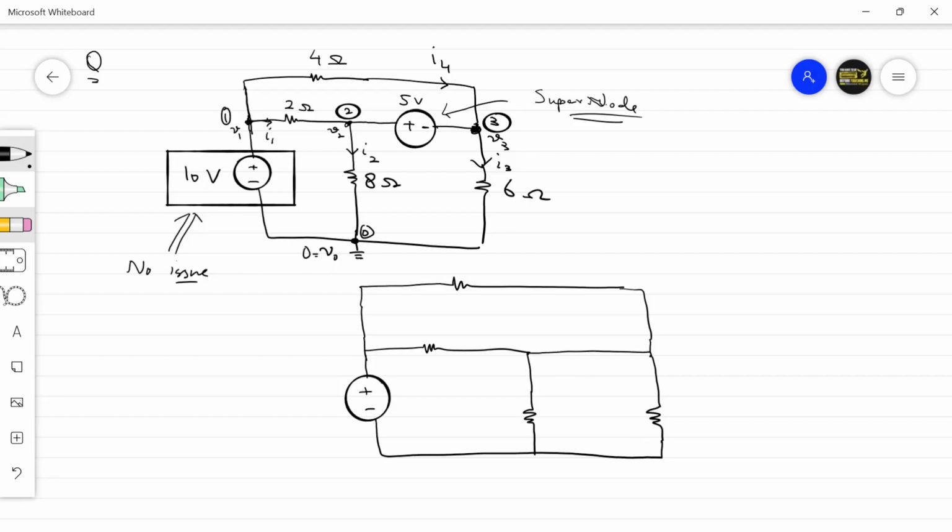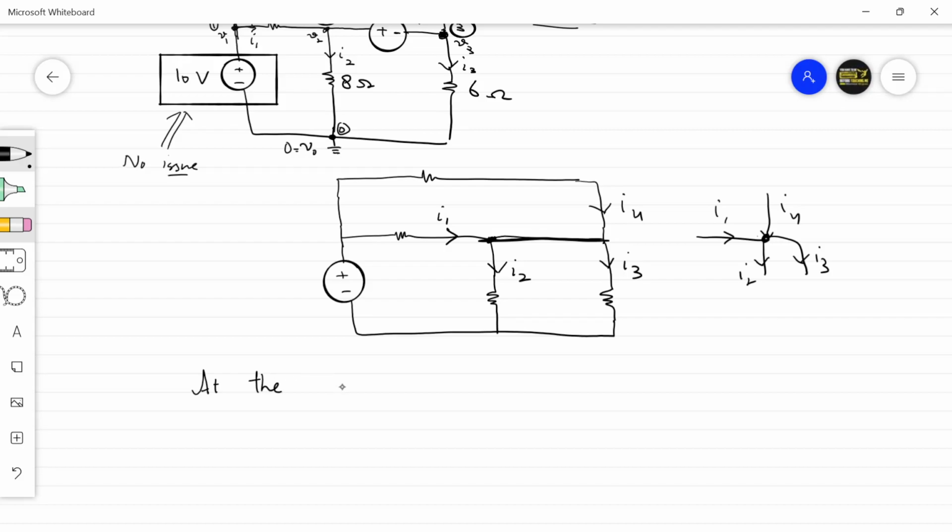So we are saying this node and this node are now the same. I1 is coming from this end, I2 is going here, I4 is coming from this end, I3 is going here. Or we can represent it here: this is one point, I1 comes from here, I4 comes from above, I2 goes down, and I3 also goes down. So at this super node now,